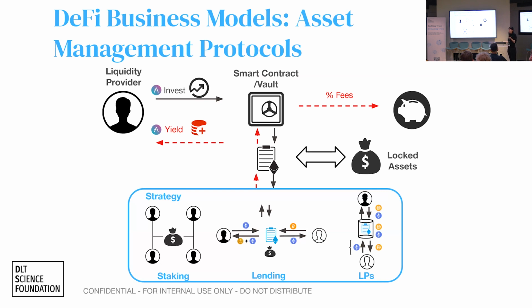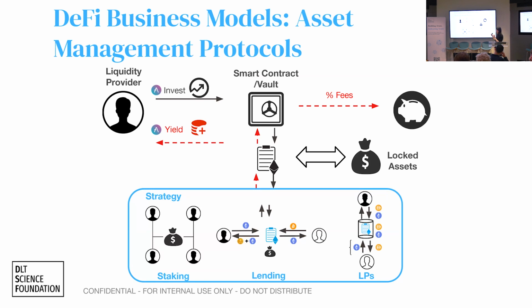They need those more primitive protocols to function. So the investors, users come in to put their funds into the smart contract, or a vault that is again a smart contract, and then the vault would have some algorithm to say,